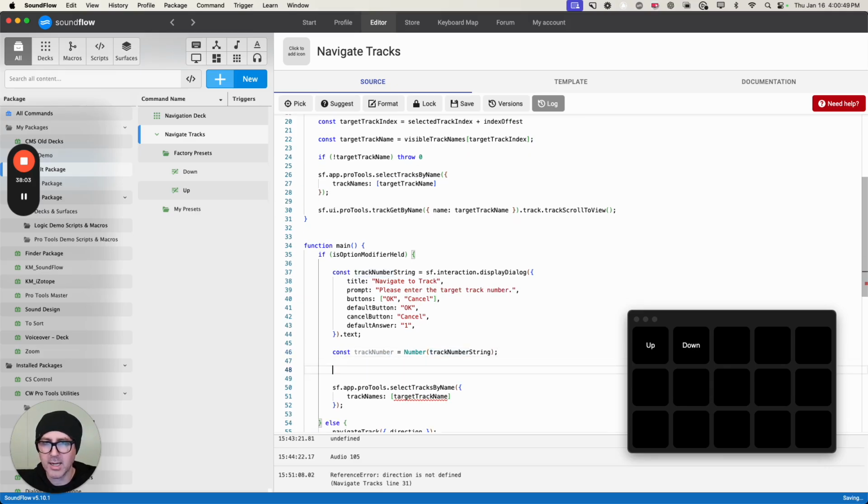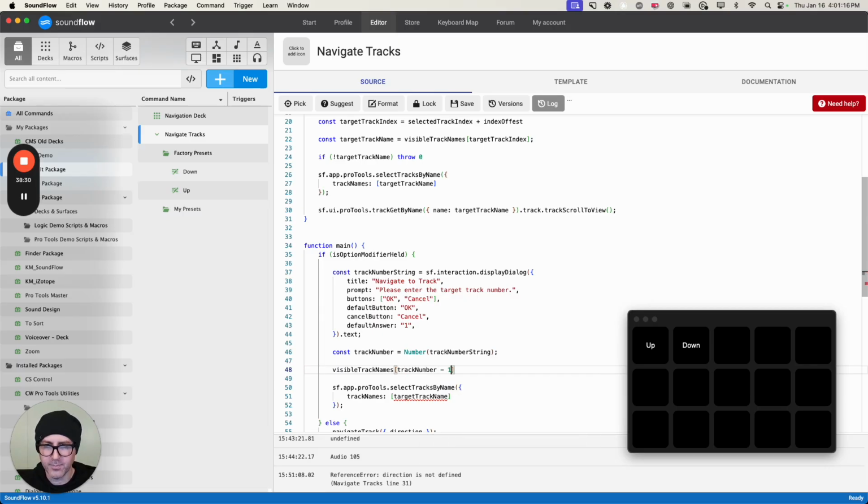So I'm going to go target track number. So it's the track number. Okay, so we've got target track, visible track names, and we want the index to be the track number